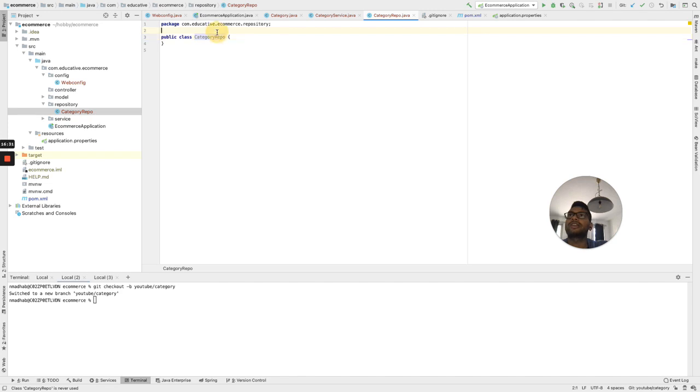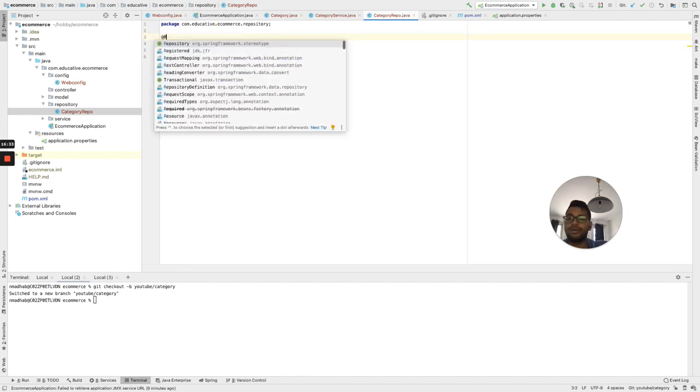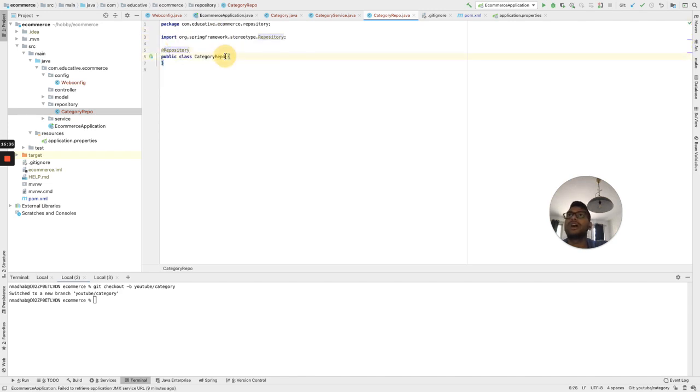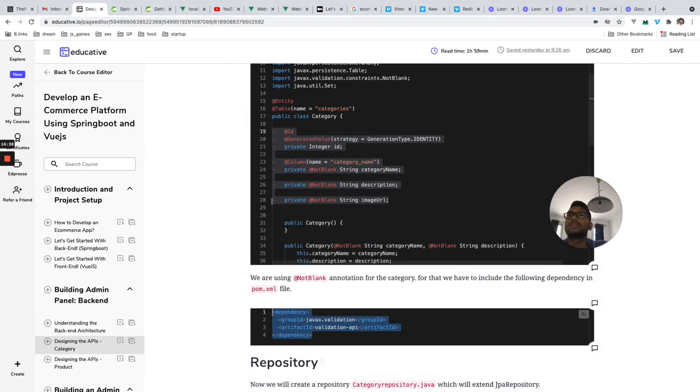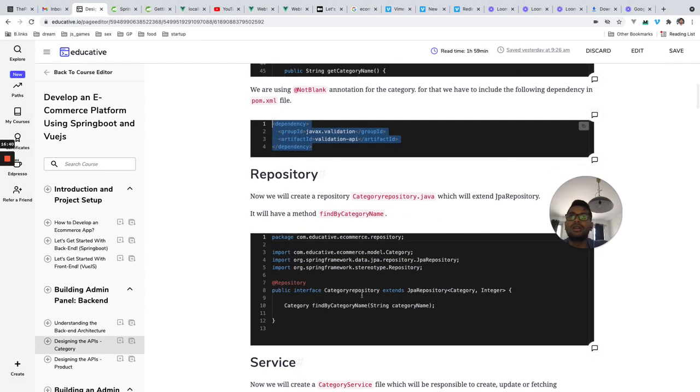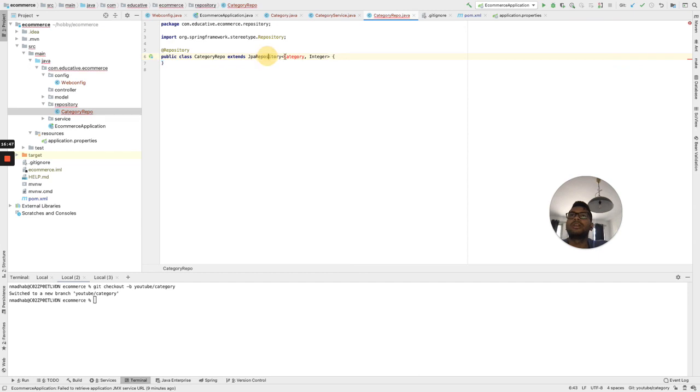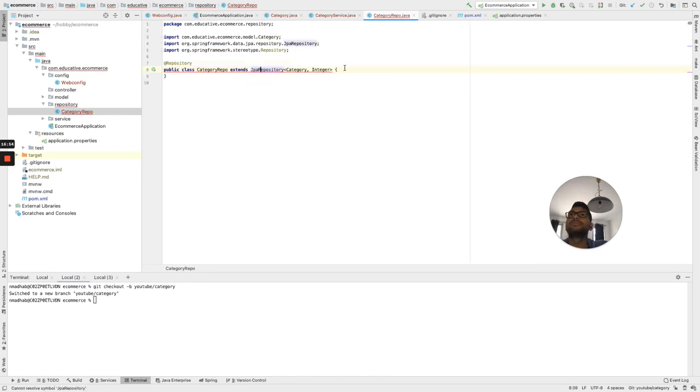We will annotate this class with Repository, and it will extend the JPA repository. Let's see why it is showing an error. Yeah, we have to make it an interface, not a class.